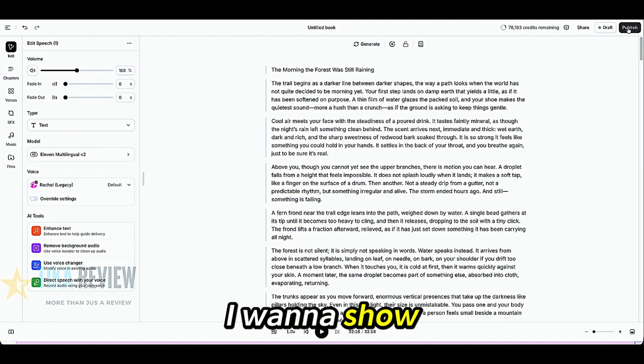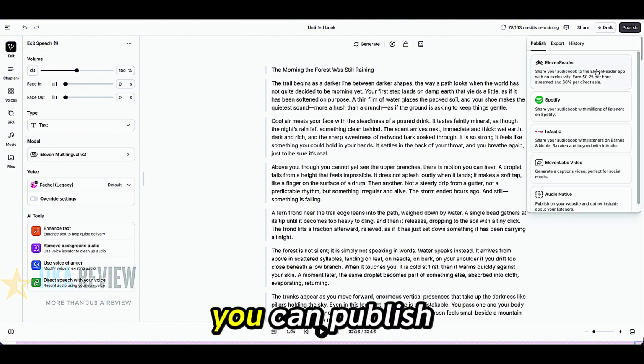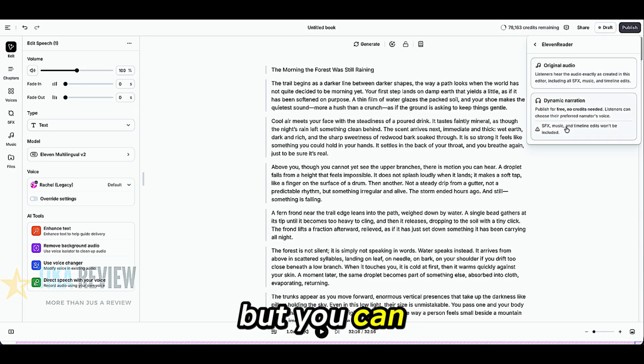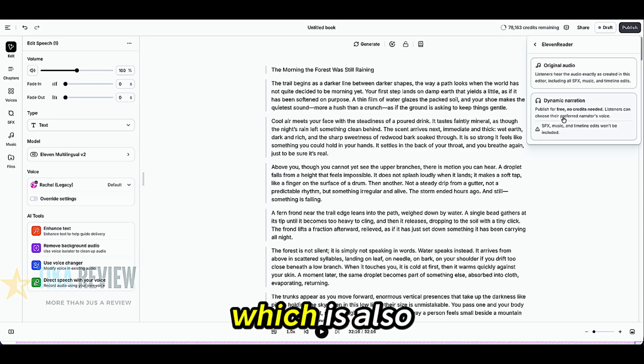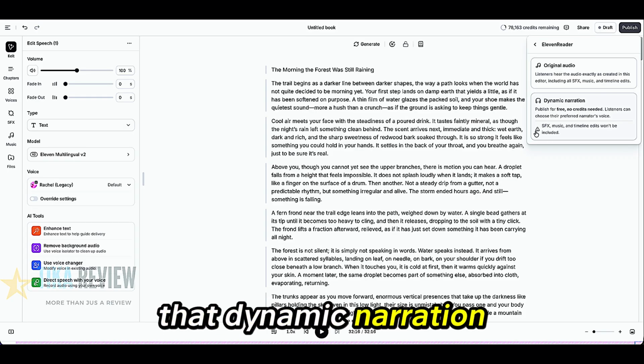And this is where I want to show you. So in here, you can publish to 11 reader and earn when people listen to it, or when they buy it. But you can do it with dynamic narration, which means you can publish for free, no credits needed. You can generate the audio and do it the normal way, which is also something we teach, but there is a free path, and there's a free path to making money. And it's totally free because you can do it with DeepSeek 3 AI,